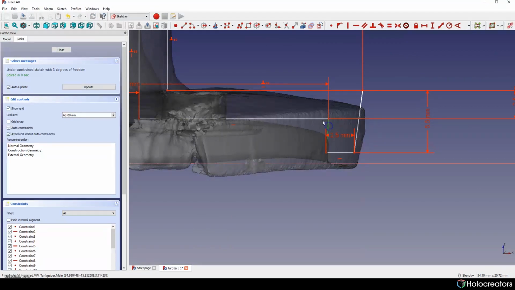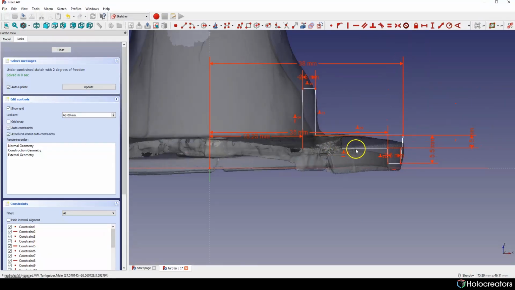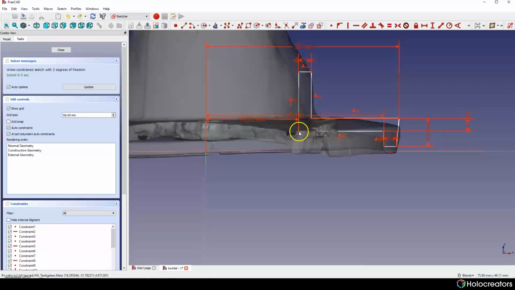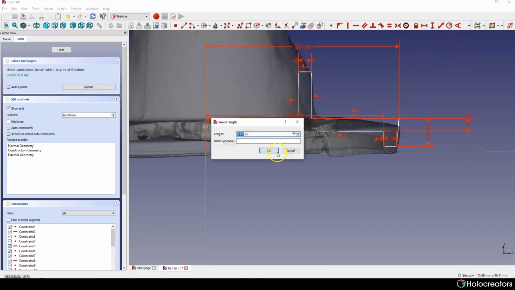And let's say I want this to be perpendicular too. Okay, now it looks correct. Only we have some freedom here, so we have to put more constraints. Let's do it by choosing this point and this line over here.